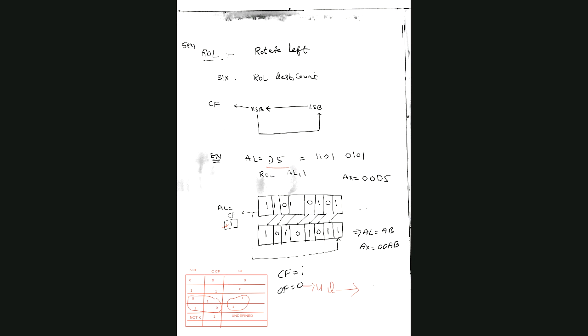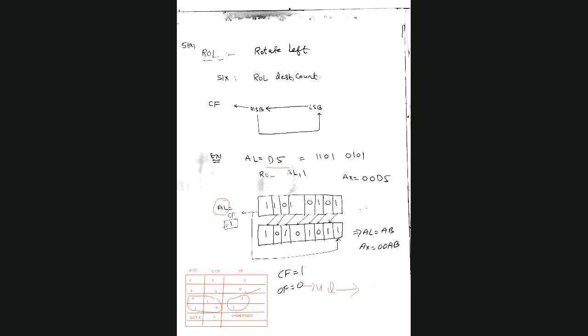If you do 8 bits or 16 bits, 32 bits, this procedure will be the same. I can say the last number left before the rotate left is 1, and after rotate left is 1. So the overflow flag does not change, it equals 0. 0 1 or 1 0 equals 1 directly. 0 0 and 1 1 means it's 0 only. If there is a change in the carry flag, then the overflow flag will be 1.